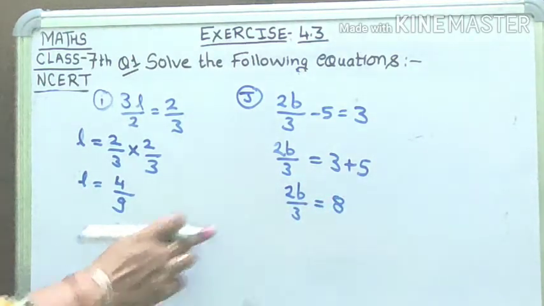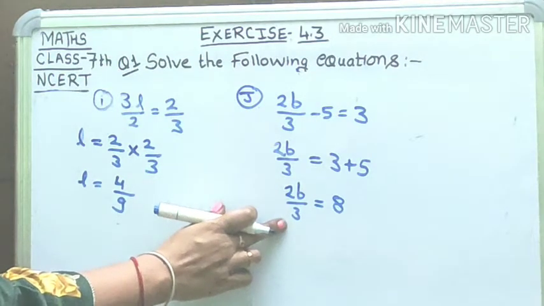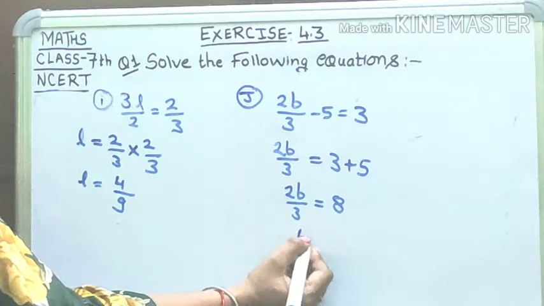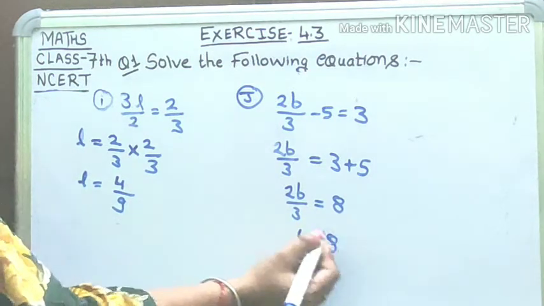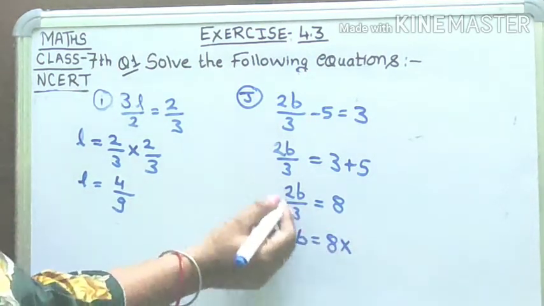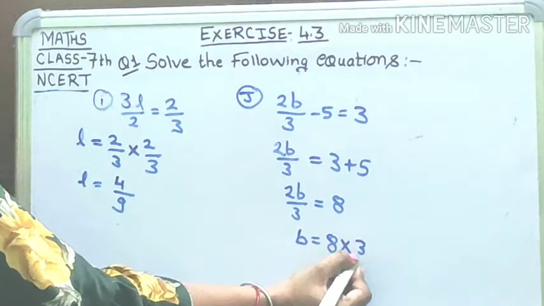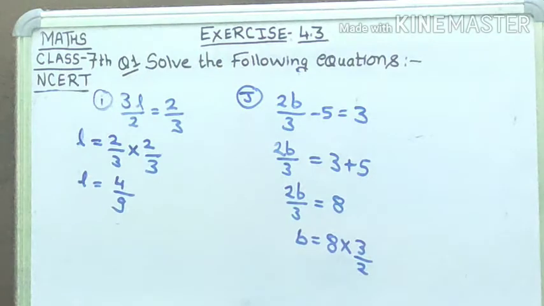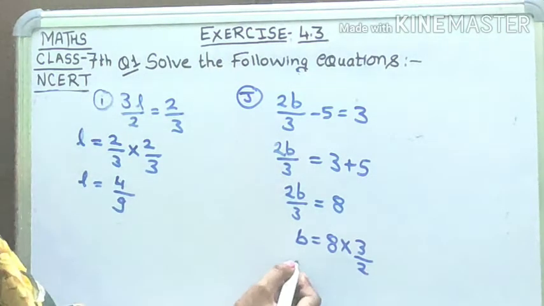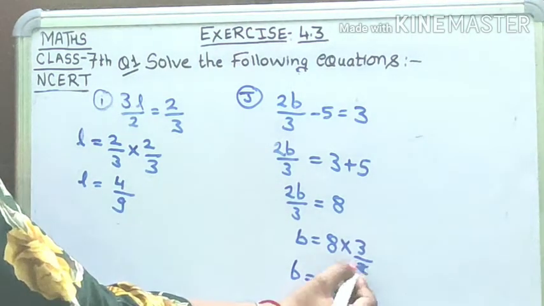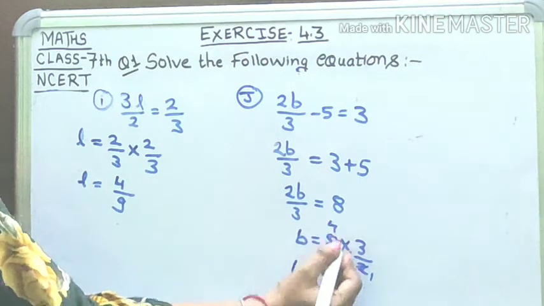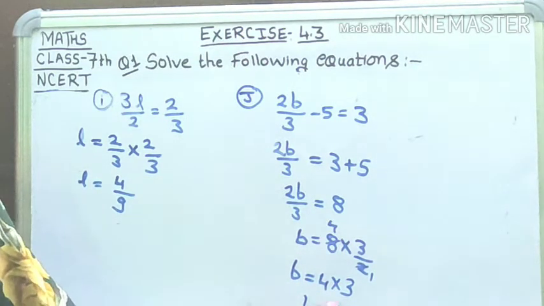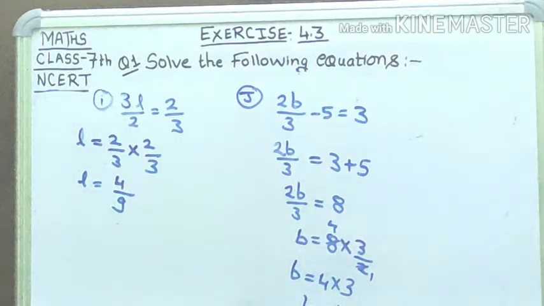Now what we have to remove? We have to remove this 2 and we have to remove this 3. We have to remove 2 upon 3. So how we can remove it? 8 is given. जब ये नंबर यहाँ पे ट्रांसफर होगा 2 upon 3 will become 3 upon 2. ये जो 2 upon 3 है, अगर हम इसको वहाँ ट्रांसफर करेंगे it will be written as 3 upon 2. Now cancel it. 2 1s are 2, 2 4s are 8. 4 into 3, 4 3s are 12. B equal to 12 is the answer for the J1.